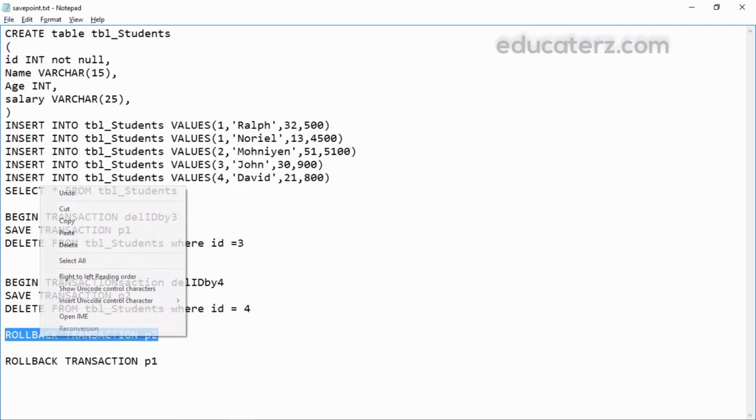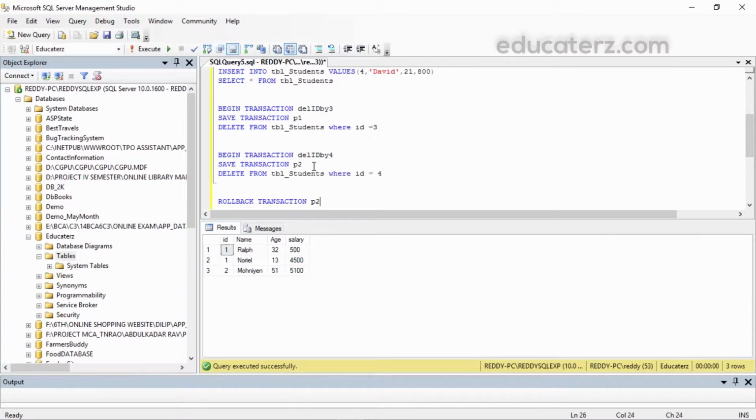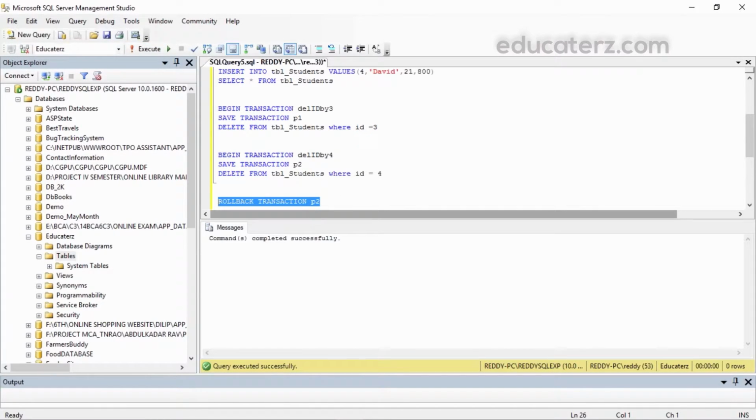Suppose I execute the rollback command, after delete we can see this rollback transaction P2. Now what is P2? We have deleted where id is equal to 3, but we have rolled back. This means we wanted the condition not to be applied before this.